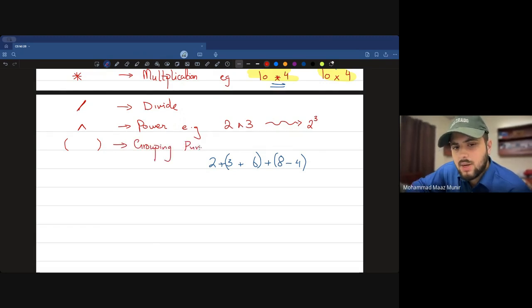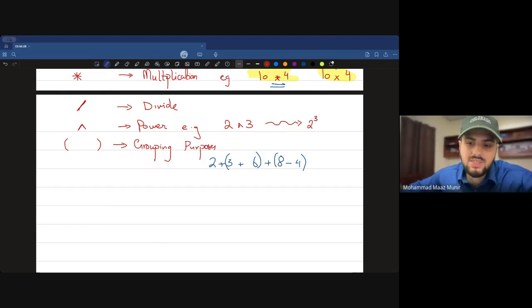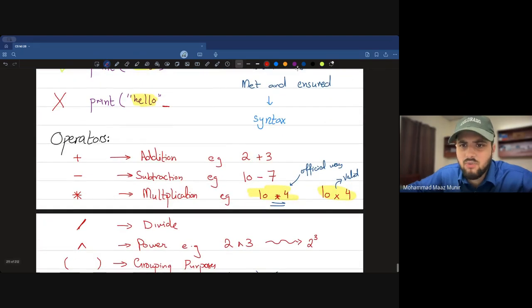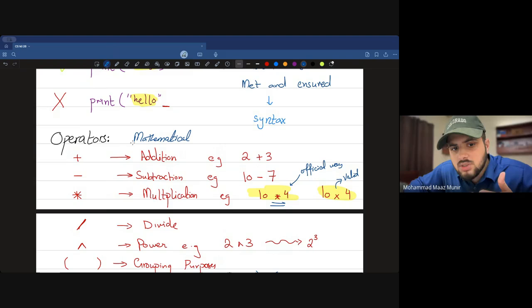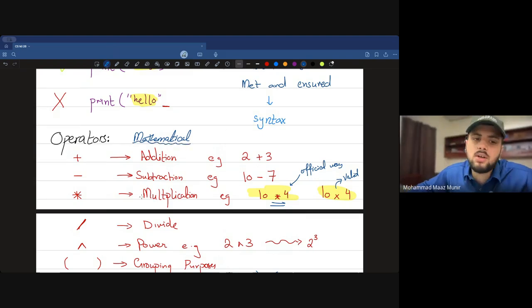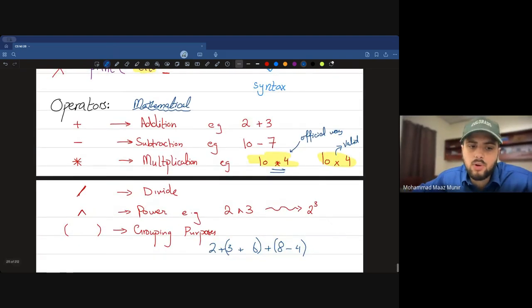Now, all these operators which I just discussed with you all are the mathematical operators. These mathematical operators are very important because they are the fundamentals which allow you to do all the other calculations. So let me even write up here, these are mathematical operators, and these are the foremost introductory stuff which you need to learn whenever you're trying to create a program, because whenever you're trying to code something,